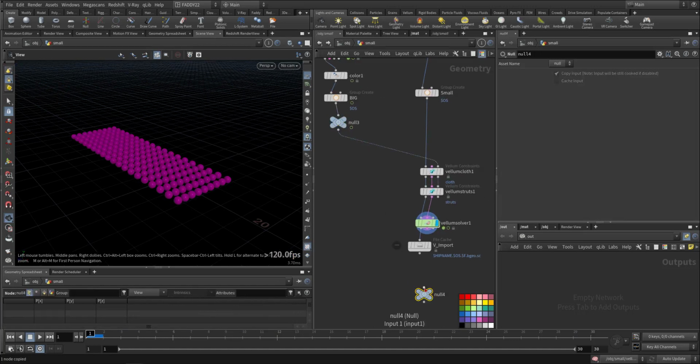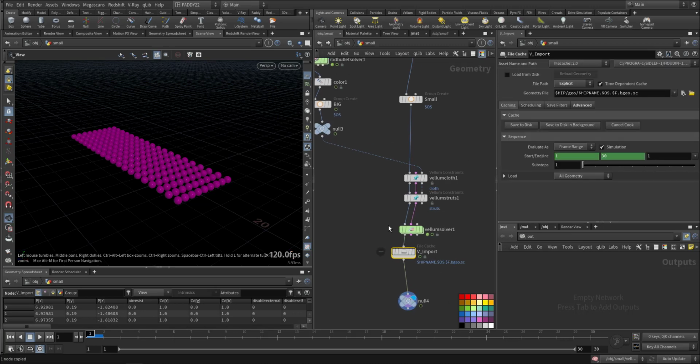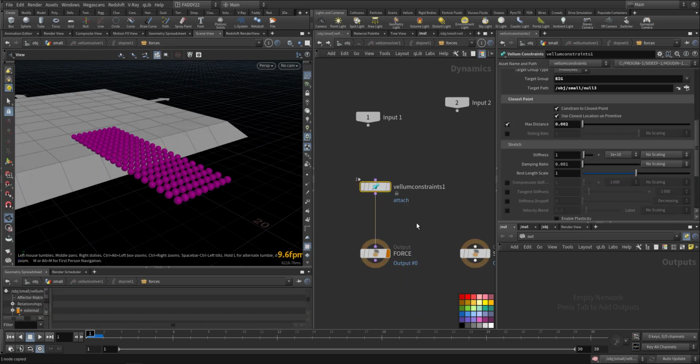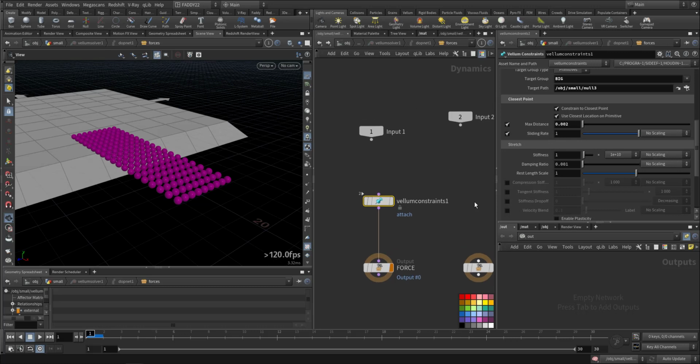Okay. What we want to do, we will cache it, and we want to experiment and start to play with the sliding grid. This one. Okay, so here